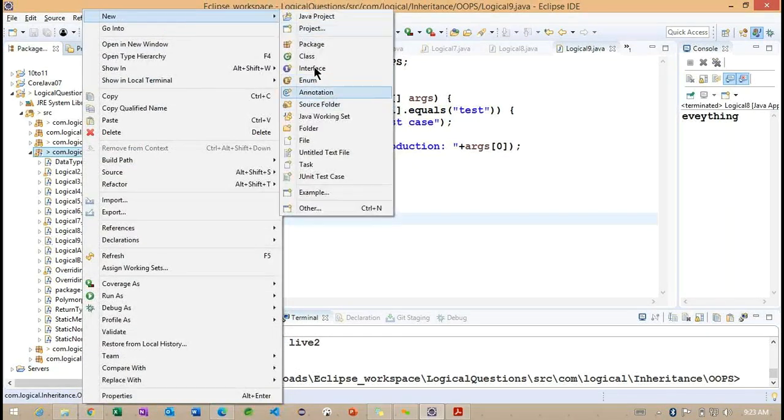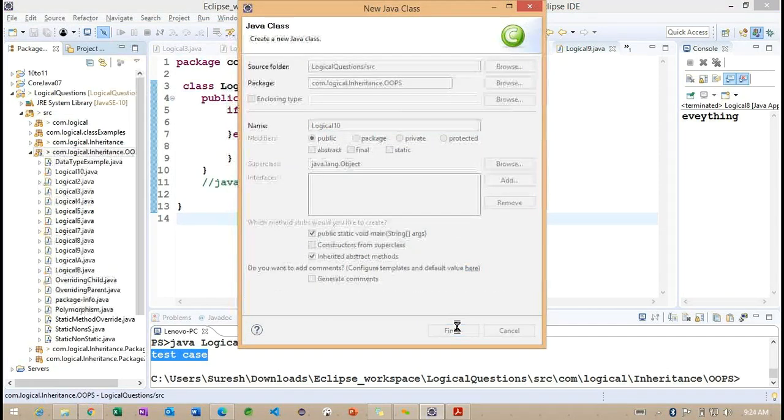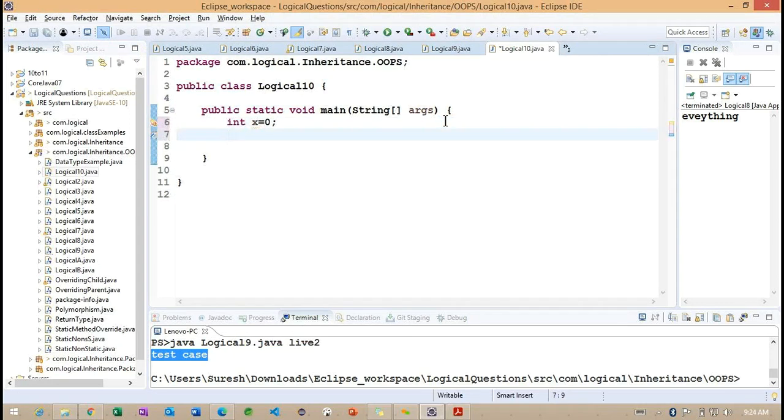Logical 10, I want to add inside this particular 10: int x = 0 and int y = 0.